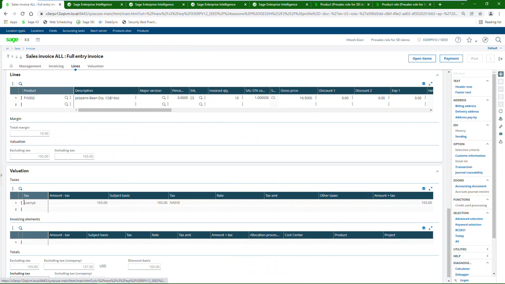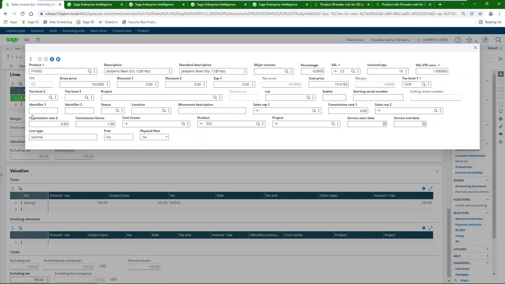As we look at our lines and look at the transaction,